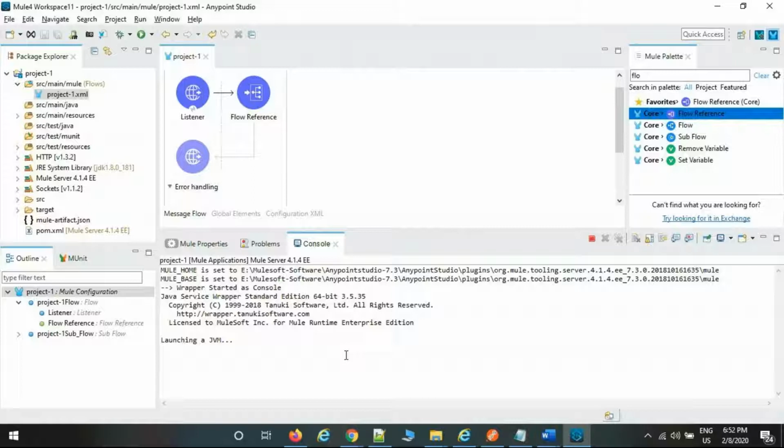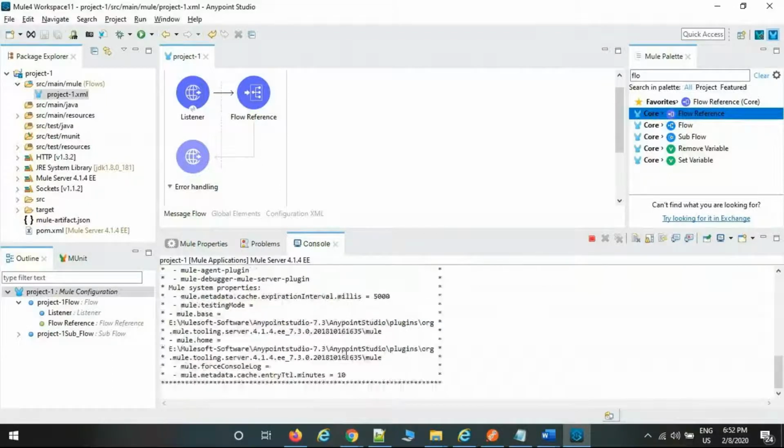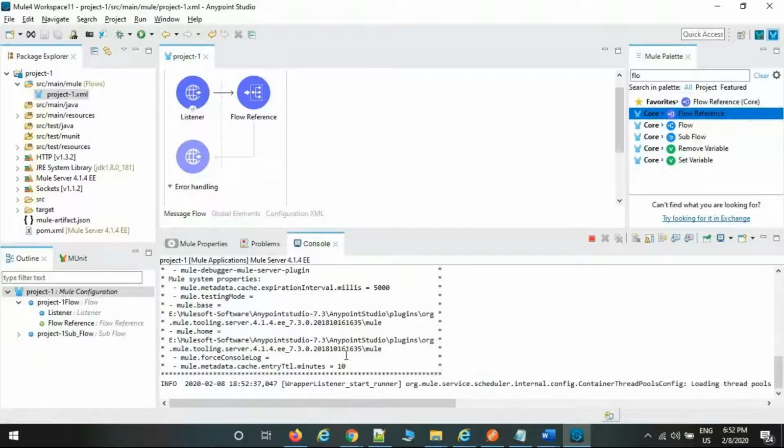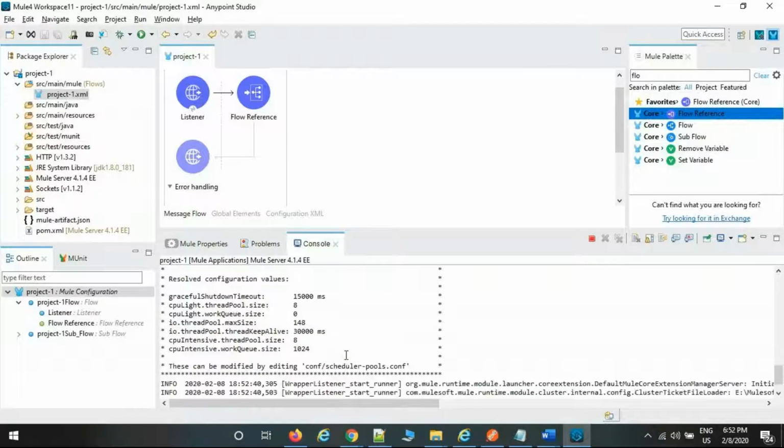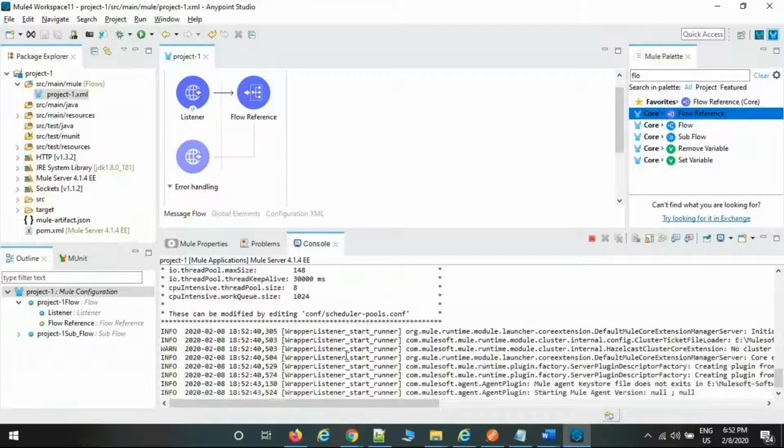One quick question. Yeah, tell me. Do you have any palette like flow order? Flow order means? I didn't understand. Let's say for example we have flow reference, which means if there are many subflows, I have to use this palette every time I need to invoke that flow, right? Yes. But in IAB, we have flow order where we can say the first flow should take this one, and once that is complete, it should take the next flow. Here there is no such mechanism, but if you want to select multiple flows, you can select multiple flow references.